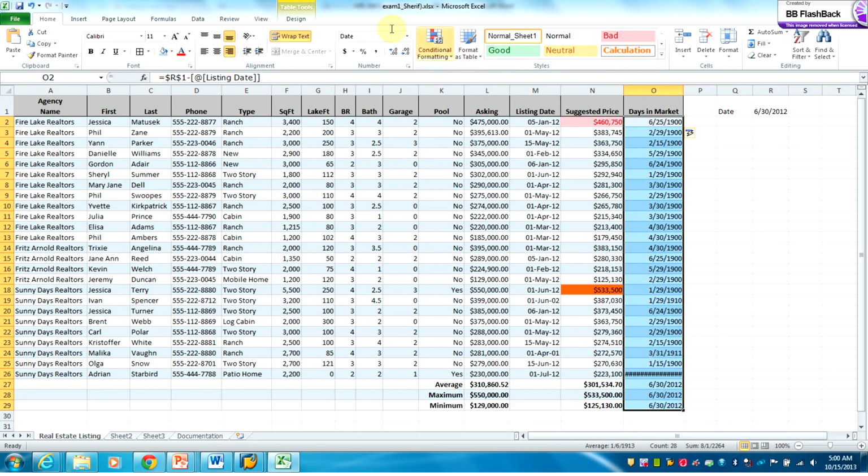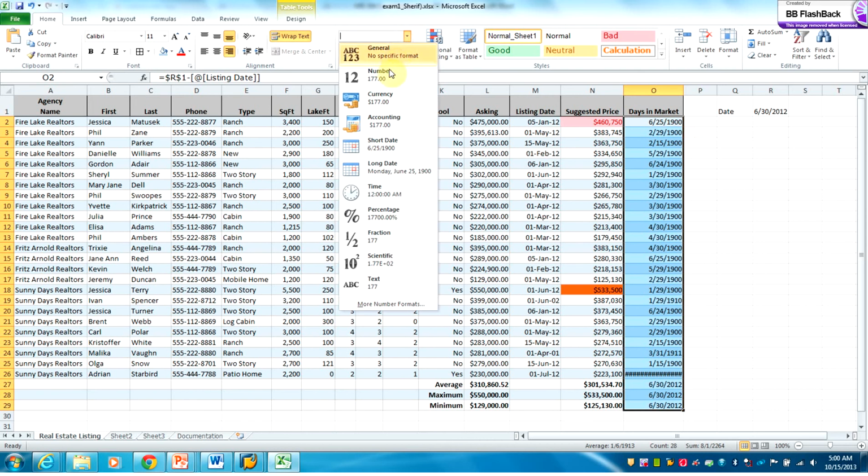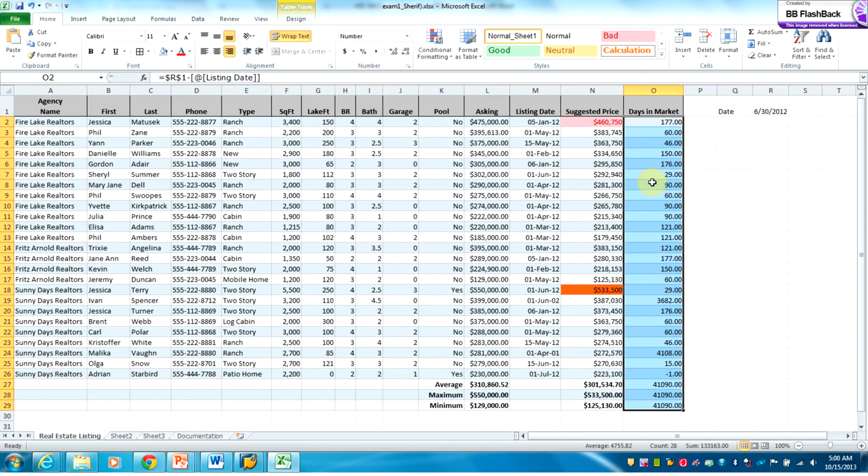And I need now to format it as a number instead of a date. So I have the exact number of days. Because I have July, it's giving me a negative 1, because that's the 1st of July. I'm going to delete these. So either you subtract the listing date from this date and make sure that you use R1, or